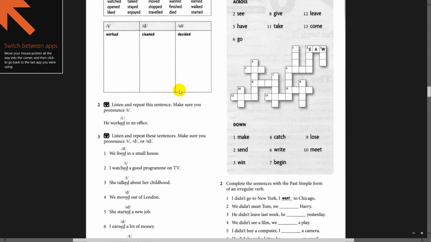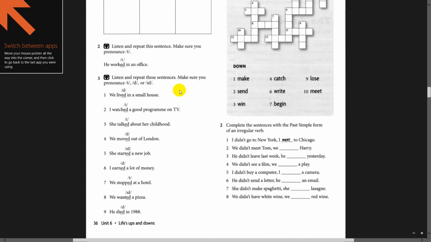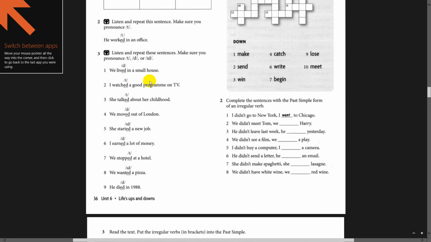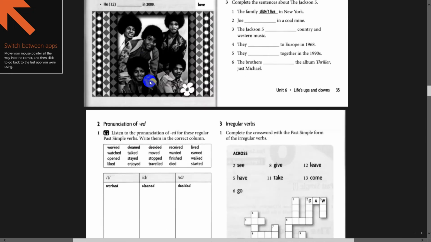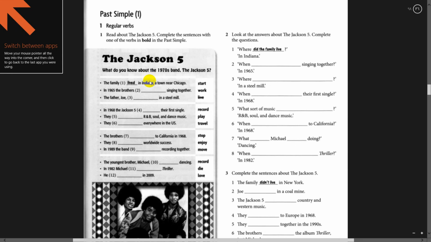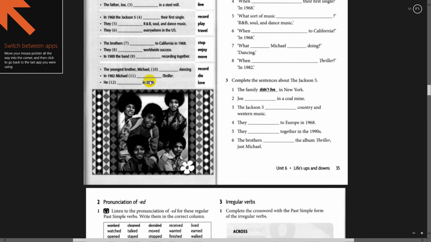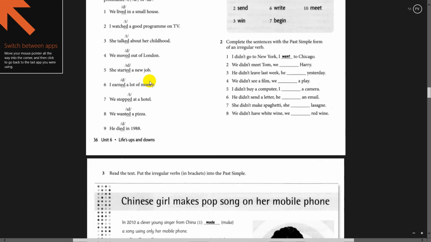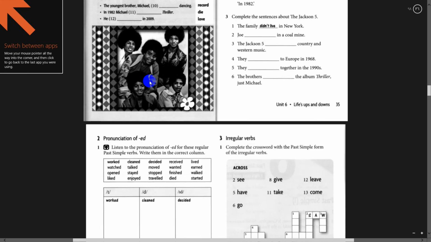Now let's listen to also this exercise, a task concerning the three types of pronunciation of ED: t, d, id. Okay, also I will check with you. Now I want you to listen to this tape script about John Lennon. You see in this, I think in this page,